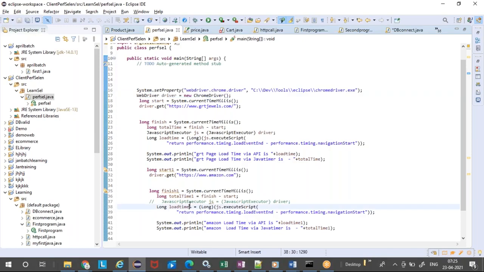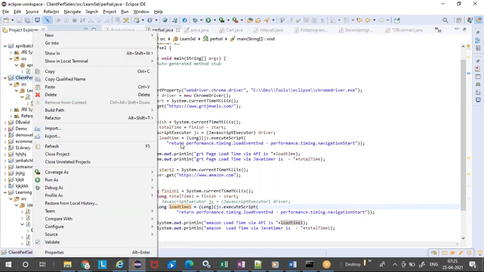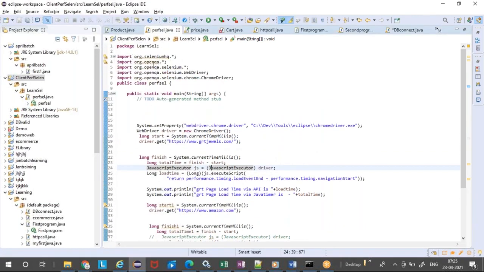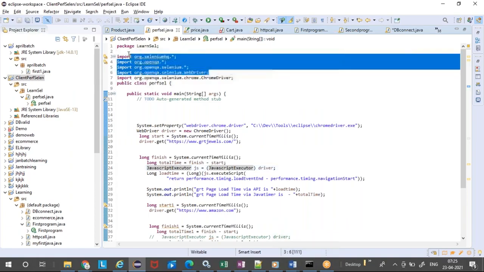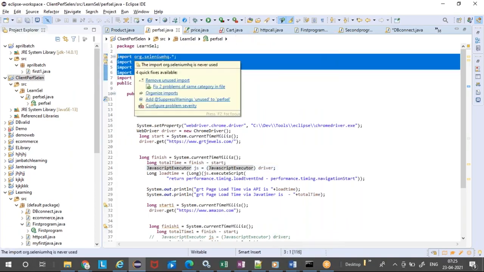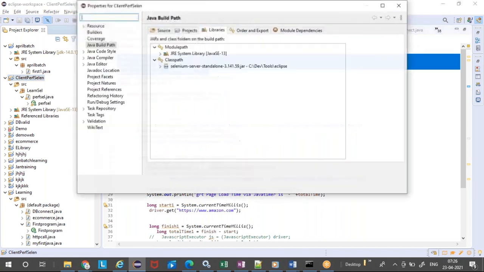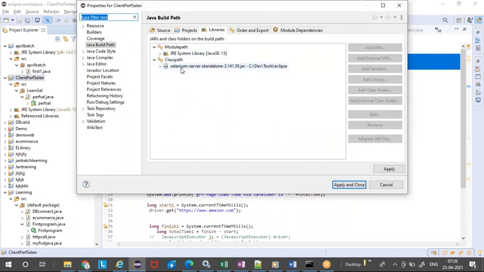This one will require a jar file. For example, if we go up, I have imported org.selenium, org.openqa, all these drivers. All these things come from your jar file called the Selenium server standalone.